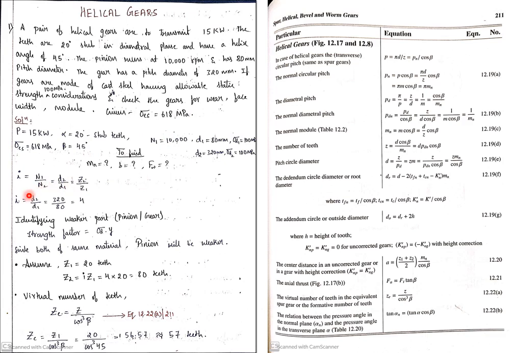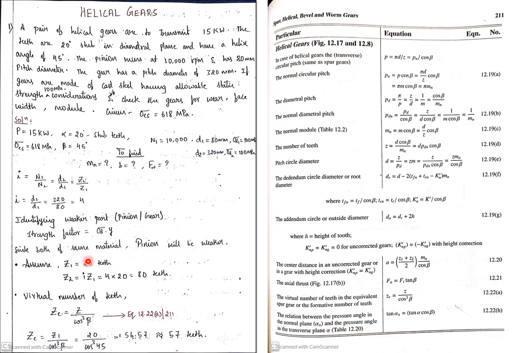Now, as the initial step, we need to find the unknown values. We know the speed of the pinion, so we just need to find the velocity ratio, where the two diameters are known. If you substitute, you will get the velocity ratio 4. Now the initial step for further calculations is identifying the weaker part, pinion or gear. The factor that defines which part is weaker is the strength factor, sigma d into Y, which is similar to that of spur gears since both are the same material. Hence we will consider the pinion weaker.